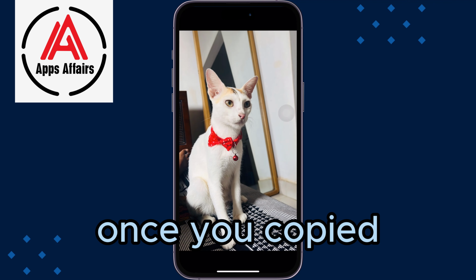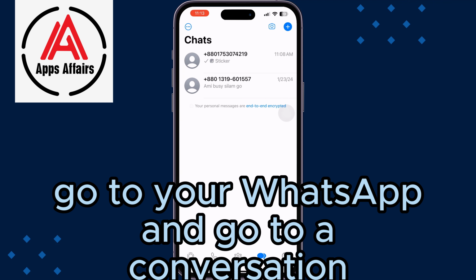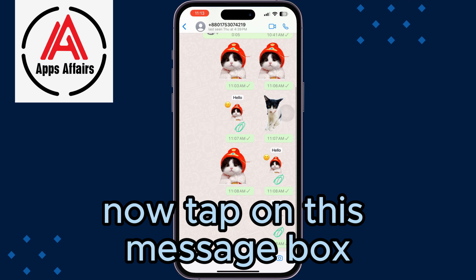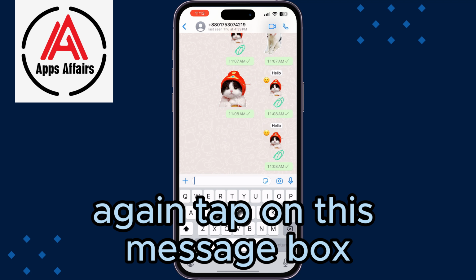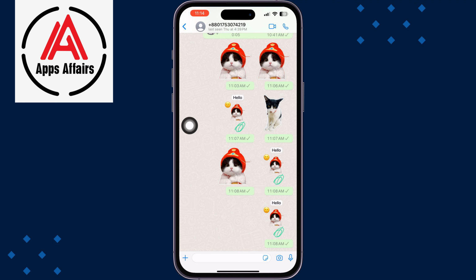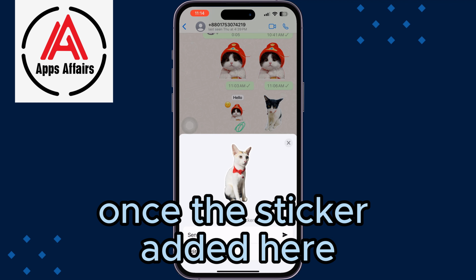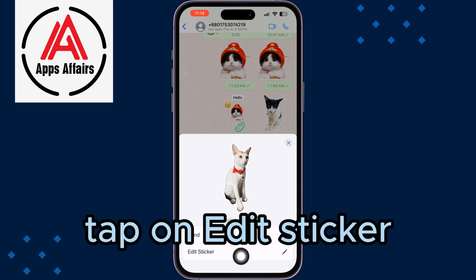Once you copy it, go to your WhatsApp and go to a conversation. Now tap on this message box. Again tap on this message box. Tap on paste. Once the sticker added here, now if you want to add text to this sticker, tap on edit sticker